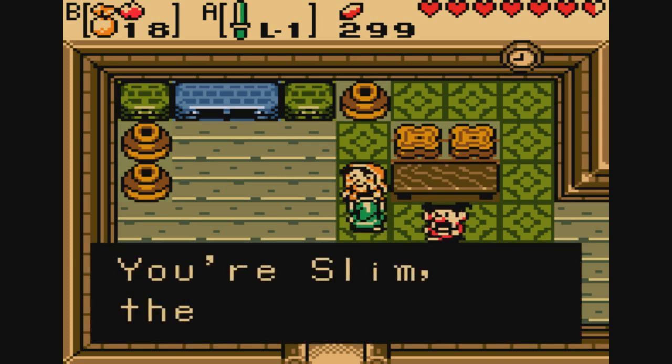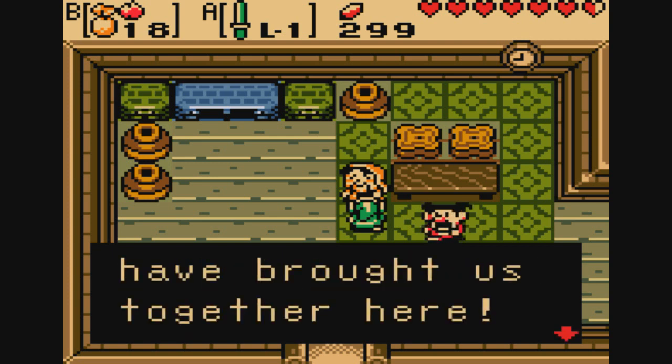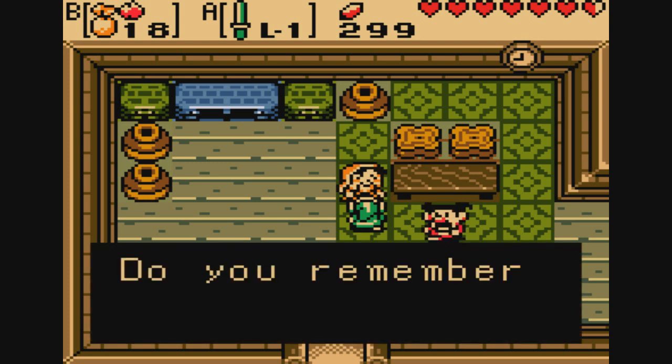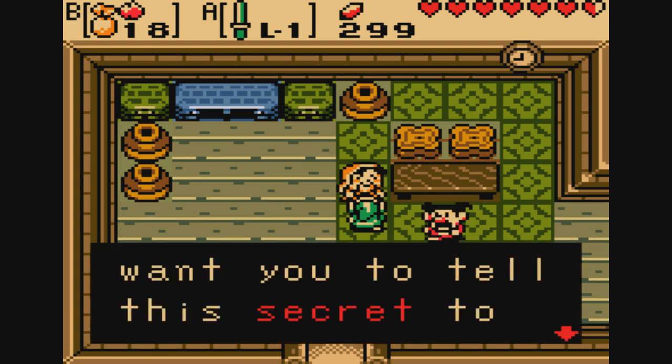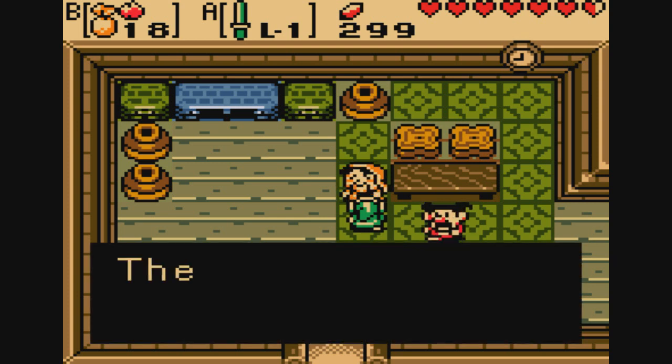You're Slim, the one who saved Holodrum, right? Fate must have brought us together. Here. Will you hear my request? Do you remember Mayor Rule back in Holodrum's Horon Village? I want you to tell this secret to him, Mayor Rule. Understand? Yes. The secret is...